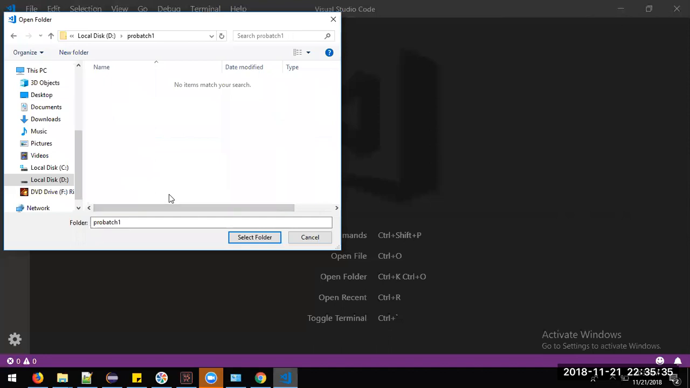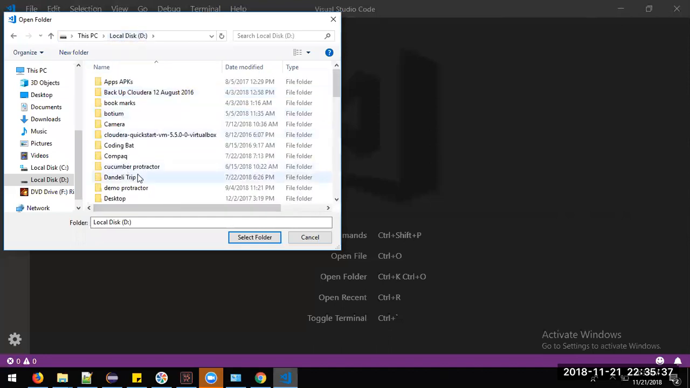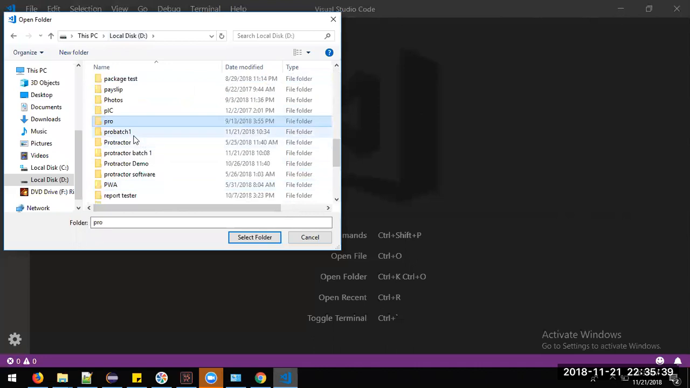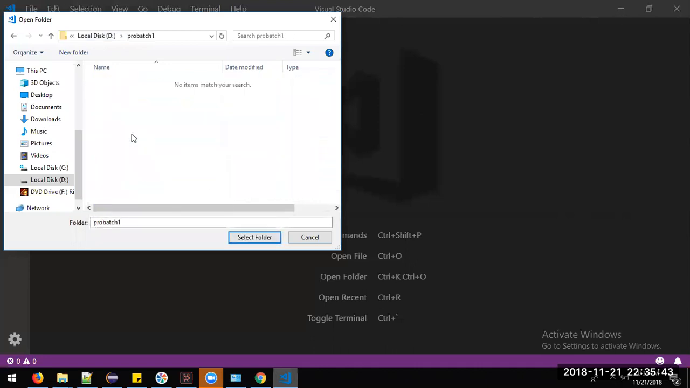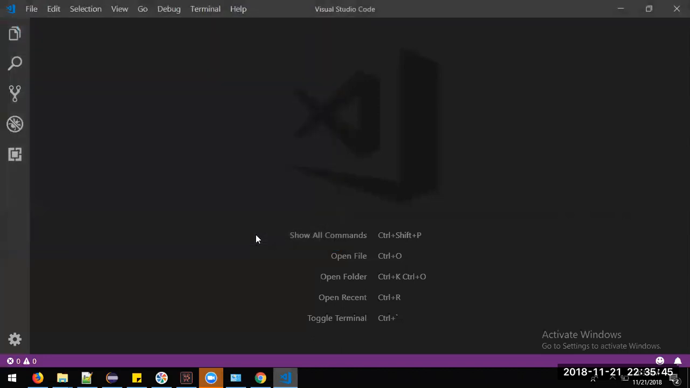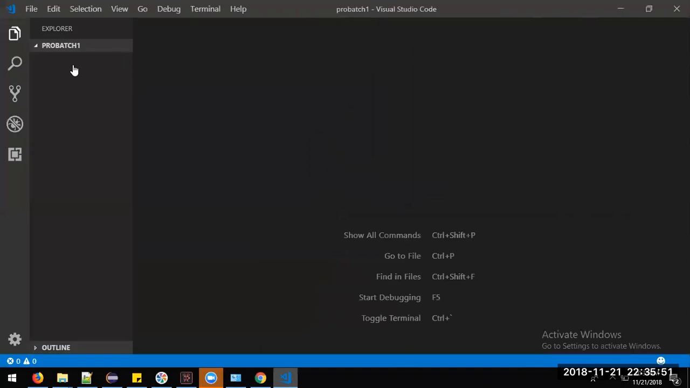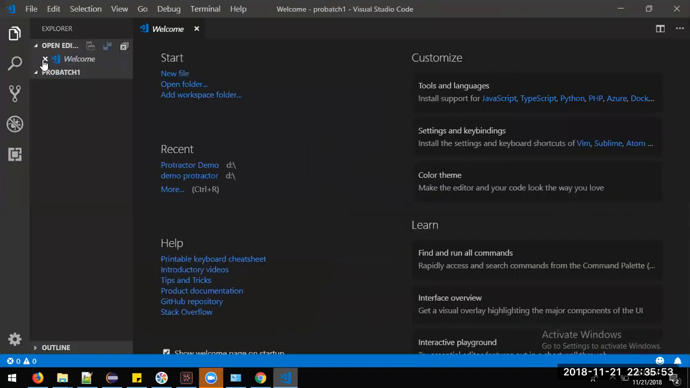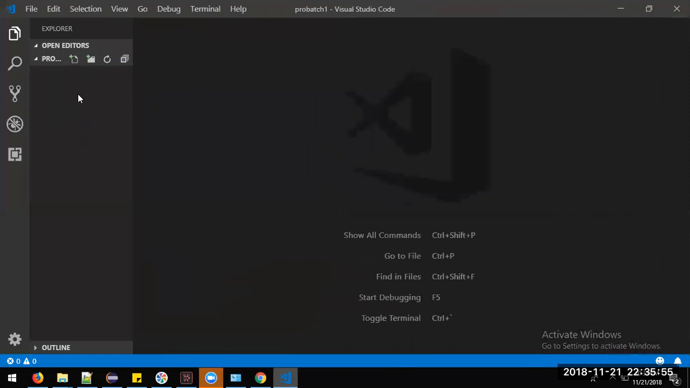You can choose it from here after selecting it, or after going inside also you can select the folder. Once you select, it will showcase all the things present inside that particular folder. Here nothing is present, so you can't see anything. So here we have to create our files and folders. For example, let's create a file called something like